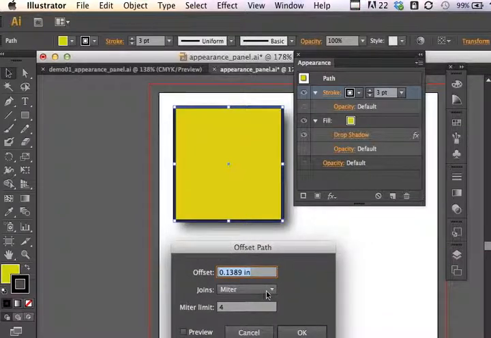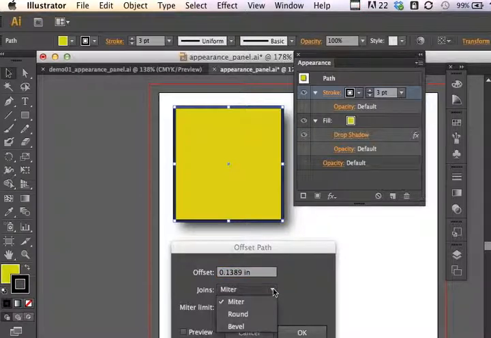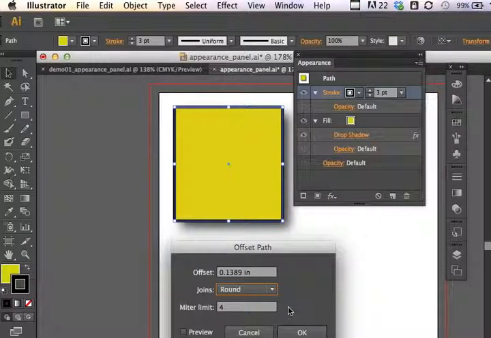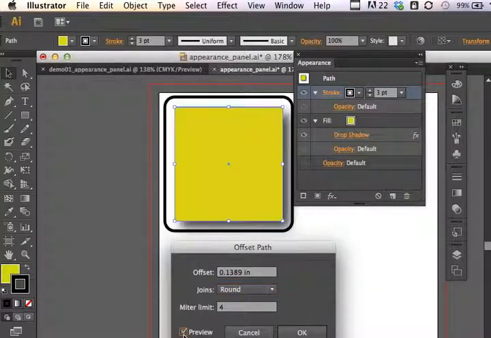Now the miter has to do with how things are joined, how the edges are joined. We could make them rounded. Think of it as working with a miter saw, and it's reflected on how the edges are joined at the corners. What type of corner style do you want to see? I can preview and see how that offset path is going to look. We selected a round miter join,